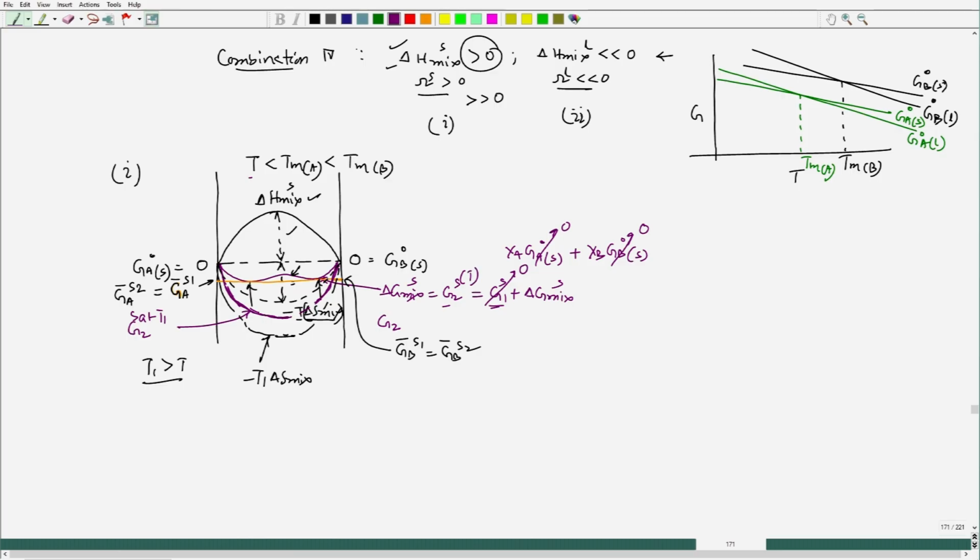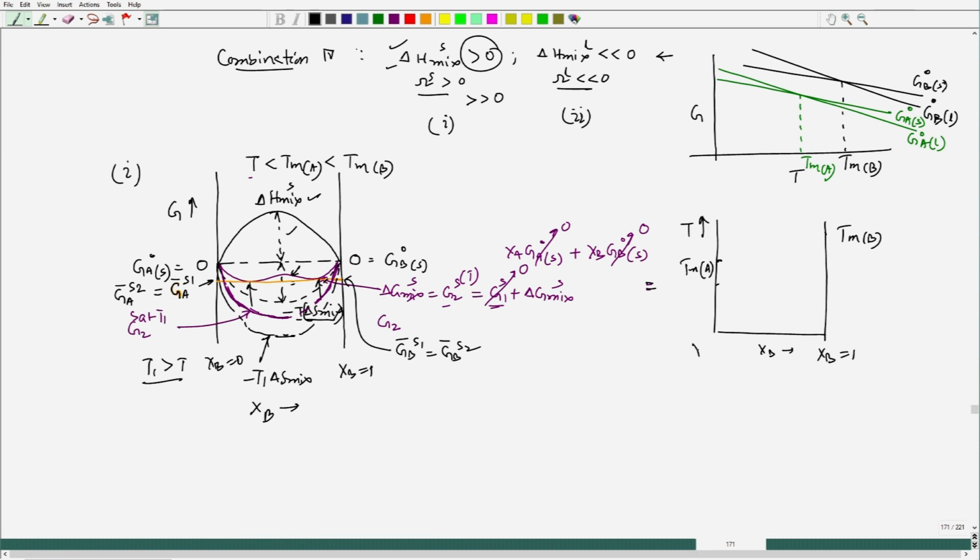So, now as we do it with increasing or decreasing temperature, we can get a pattern, and that pattern is reflected like this on the phase diagram. This is x b equal to 1, x b equal to 0, x b is varying this way. Okay. Now, this is T m A, this point is T m B, and this is the temperature axis, composition x b equal to 1, x b equal to 0. Now, if you recall, we got a plot like this,